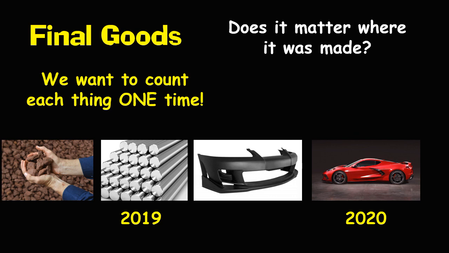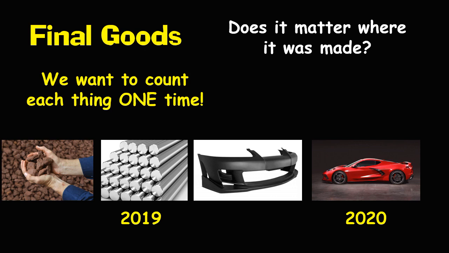Just once. Okay? Now, does it matter where it was made? And the answer to that is yes, because the middle word of GDP is domestic. So if that bumper is built in Mexico, and in 2019 it's finished in Mexico, it doesn't count in GDP. Right? In 2020, it comes to the United States and goes into a car, and we sell the car. Now, what was the real production in the United States that year? That bumper was not produced in the U.S. that year. Probably still shouldn't count. And we didn't count it last year because it was in Mexico. Okay? We only want to count production that happens inside the United States.